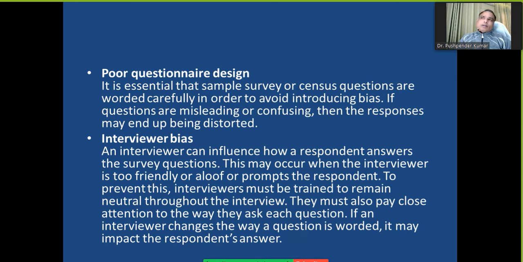You must have seen nowadays on television news channels, every day in the evening from 5 o'clock to 8 o'clock, there are a lot of debates and discussions on different current topics. But you might have noticed one thing, the way the hosts ask a question, right? You will see these questions, they are trained in such a manner